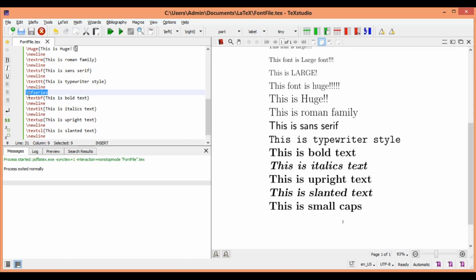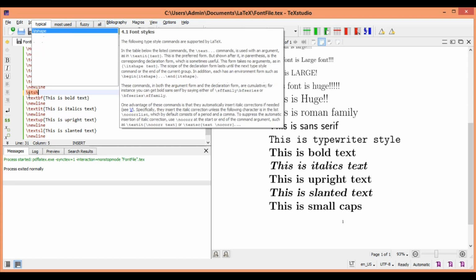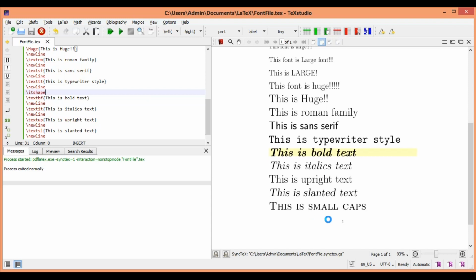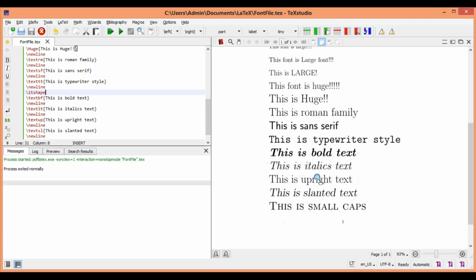So like bold, you can also have switch command for italics. This is going to be IT shape. So if you see subsequently, everything will be in italics. Okay. So you will see this bold also is written in italics. Upright of course it won't. Slanted also, they are specific overrides, so they will not be there.